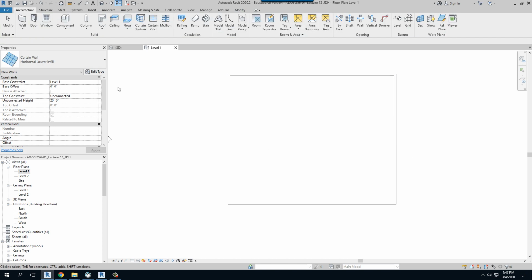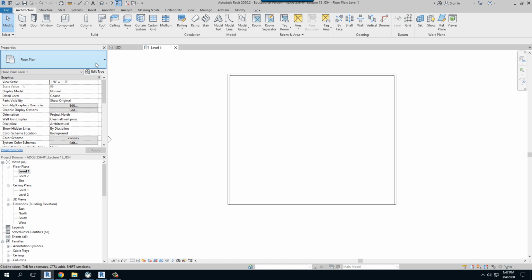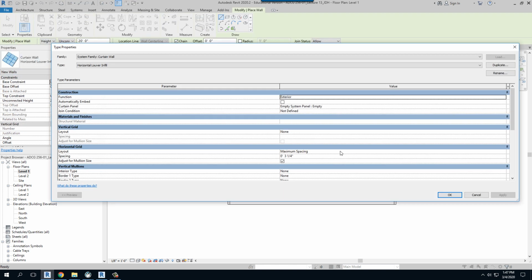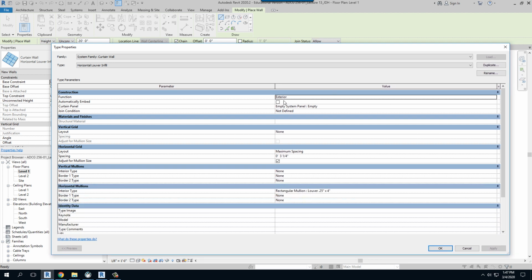Remember, just to give you a chance to look at the settings one more time, going to wall and horizontal louver infill to see what the settings actually are. So we've got the empty system panel here. We've got none for vertical grid. We've got maximum spacing for the horizontal, right? And then we have nothing here for the vertical mullions, but then we've got that louver, that 1/4 by 4 inch right there. That's what we want to use for this one,